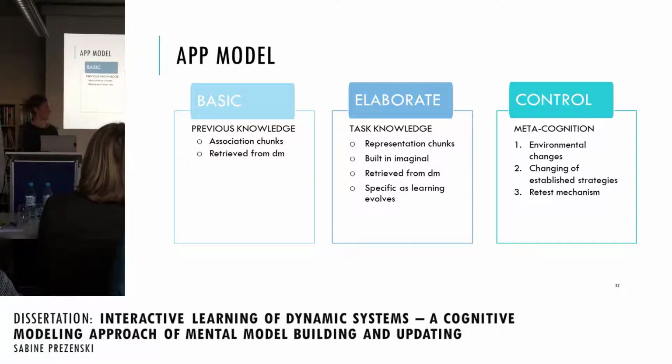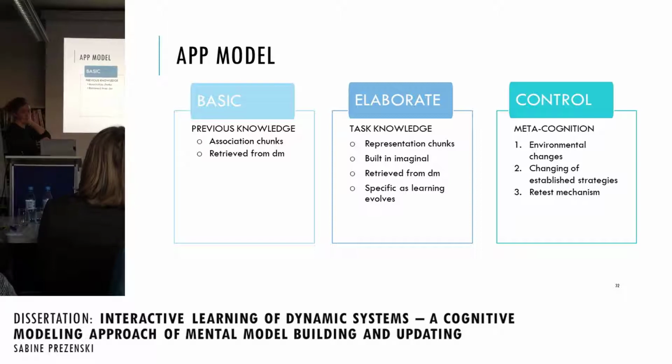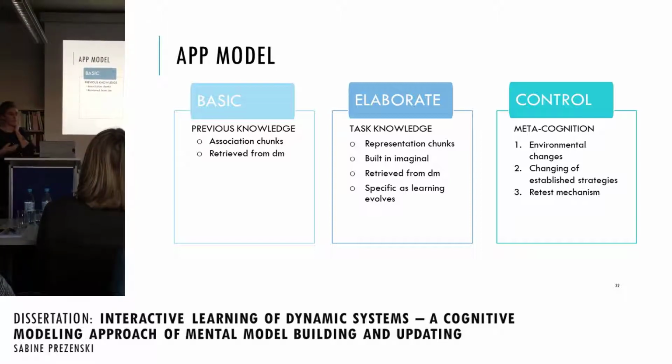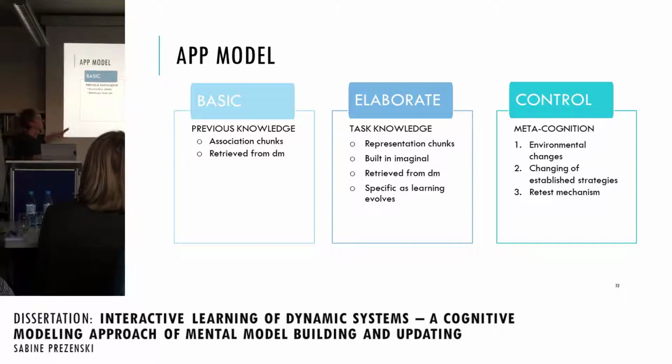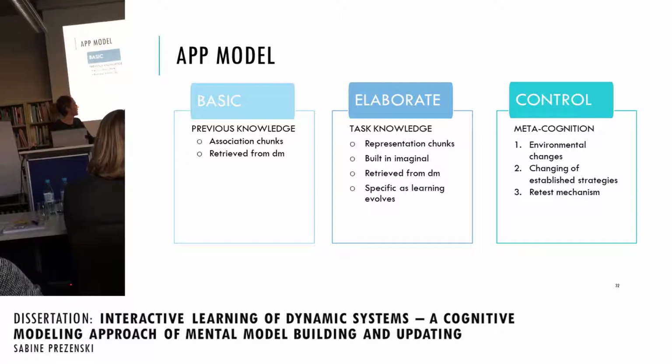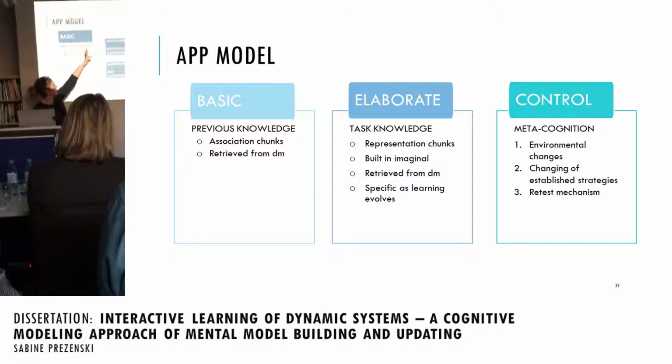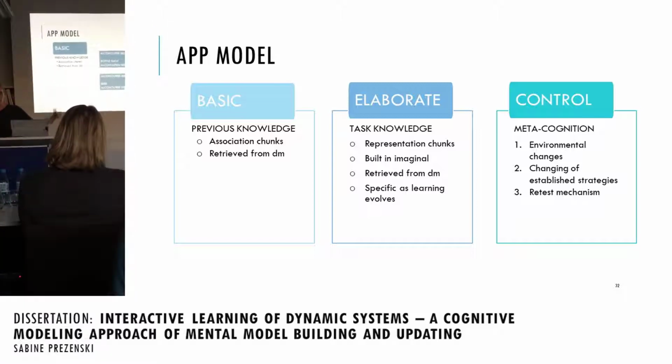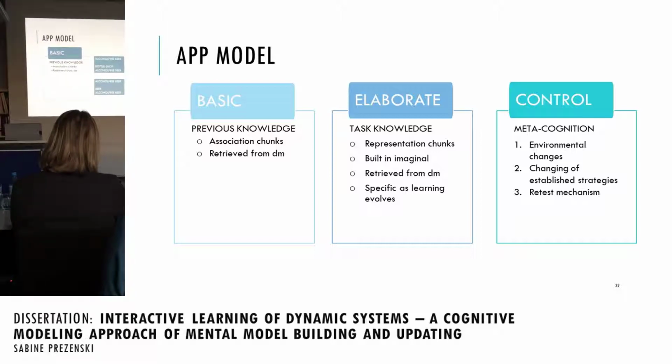So let's look at the basic mechanisms first. The previous knowledge of the model is stored as association chunks, like the knowledge that alcohol-free beer and beer are related, or that alcohol-free beer and bottle shop are related. So the model already has this knowledge,